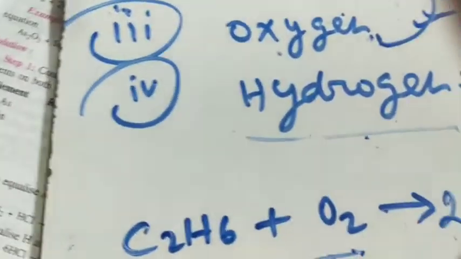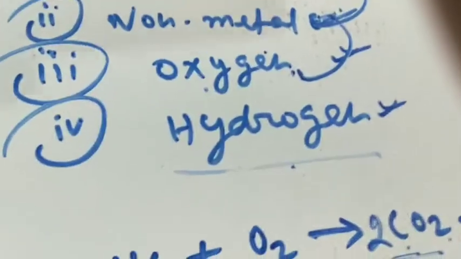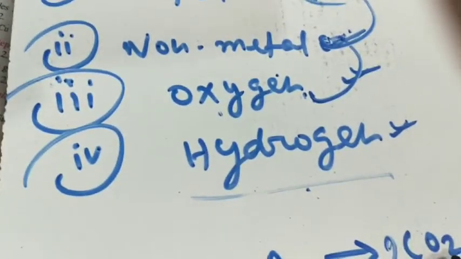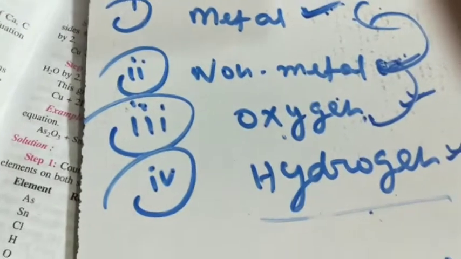After balancing the non-metal, you come to the point oxygen. On the left hand side 2 oxygen, but on the right hand side 2 times 2 is 4 plus 1, 5. It is an odd number. In the case of an odd number, a problem will be created, but you can solve it very easily. Watch this video carefully. Now here on the right hand side 2 times 2 is 4 plus 1, 5 oxygen, but on the left hand side 2 oxygens.